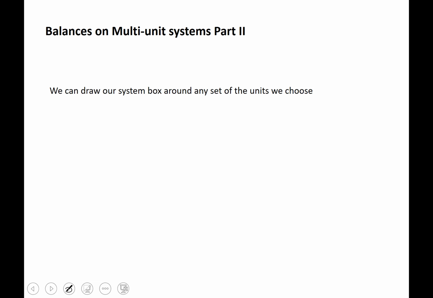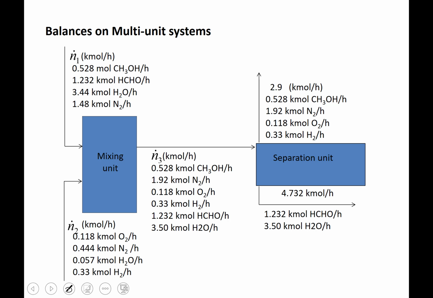This lecture is the second part of multi-unit systems when we do not have chemical reaction. So what we're going to look at here is how we can perform balances around any set of the units we choose, simply by drawing our box around them. So we looked at this process, and we could